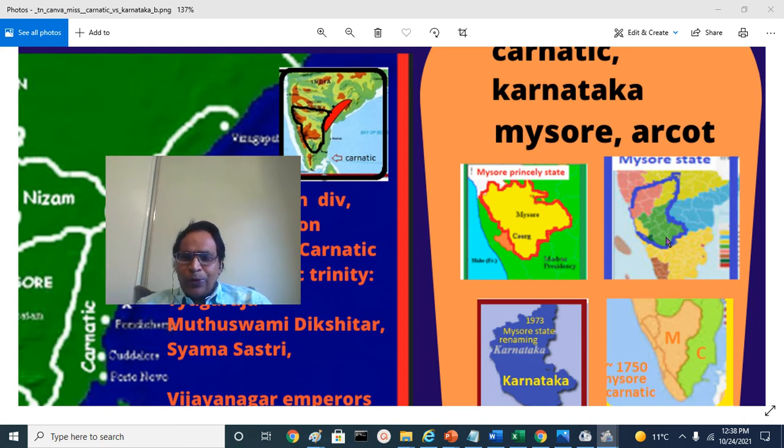Its core was the Mysore princely state, that is the Kolar region, Bangalore region, Mysore region, Mandya region, also Coorg region, and Hassan region, Kadur region, that is Chikamagalur region, Shimoga region, Tumkur district, Chitradurga district. This is the princely state of Mysore, to which from the Madras presidency it obtained South Kannada